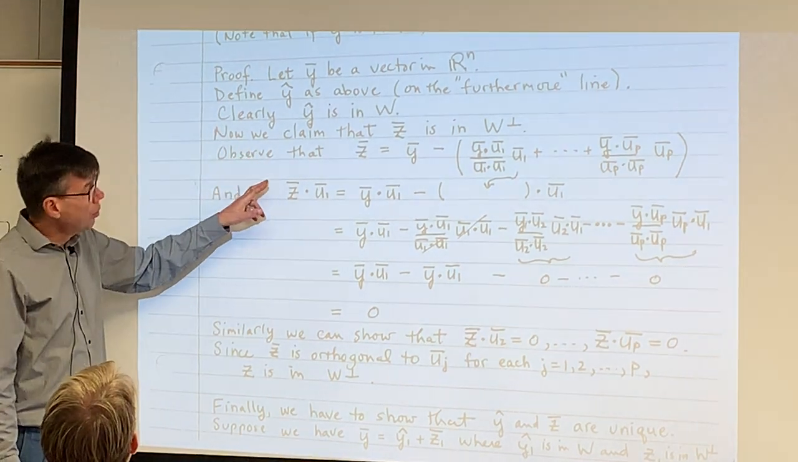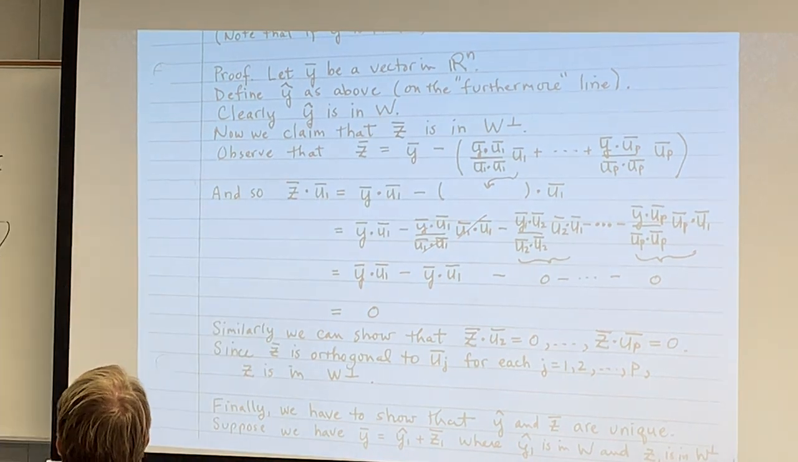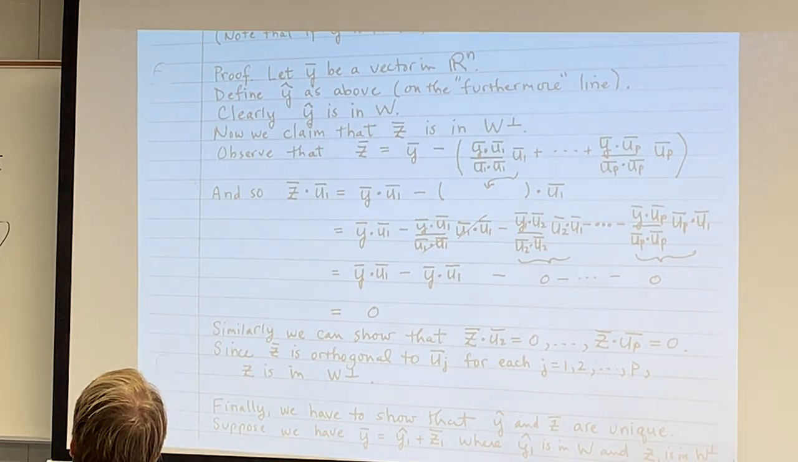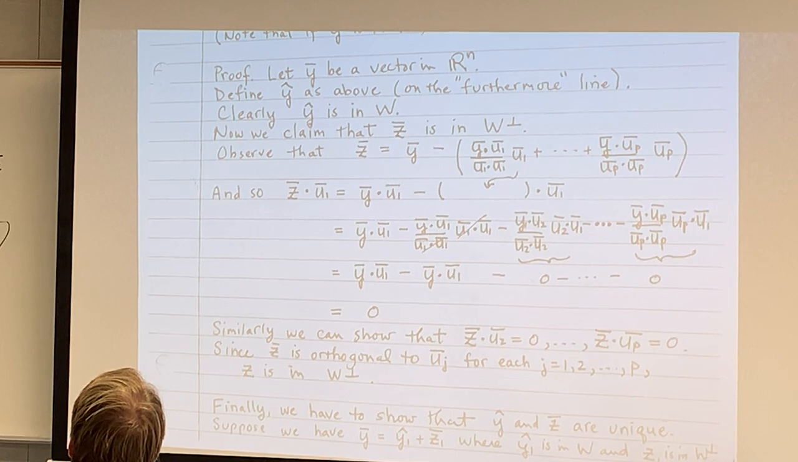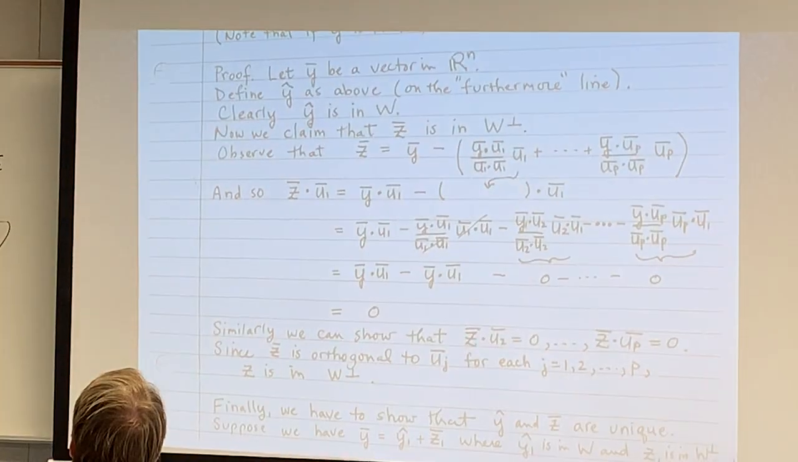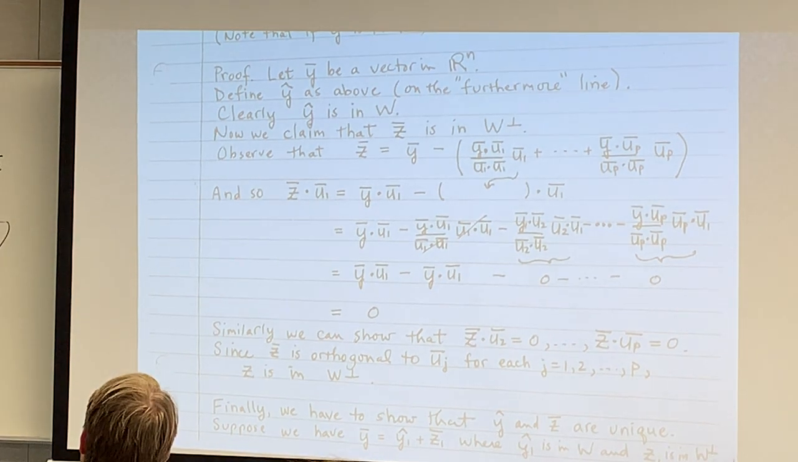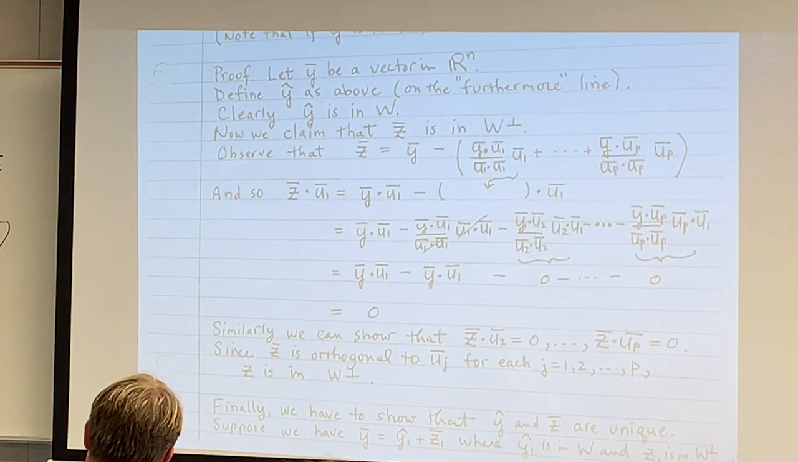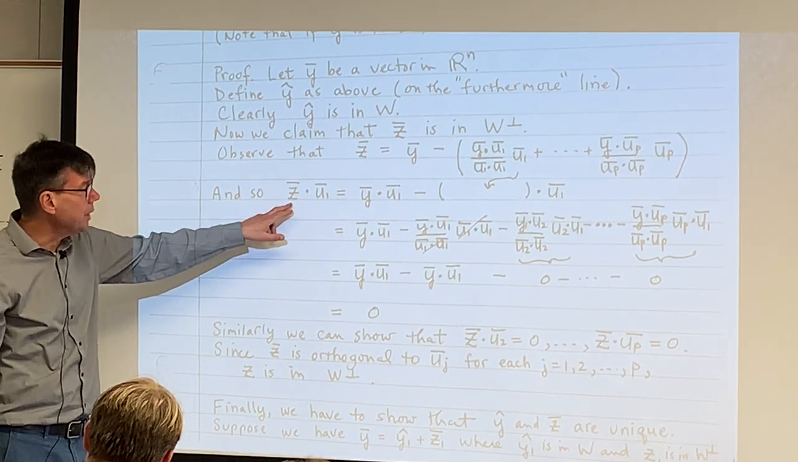Now, we claim that z is in W perp. So to me, that's what's not obvious. We know y hat must be in the W space, but why is it automatically true, when we take this difference, that we get a vector z that's perpendicular to W? Geometrically, it's not clear to me that the z vector wouldn't be tilted a little bit. Why does it have to be straight up and down in this situation? It's not obvious. So to verify that, we dot